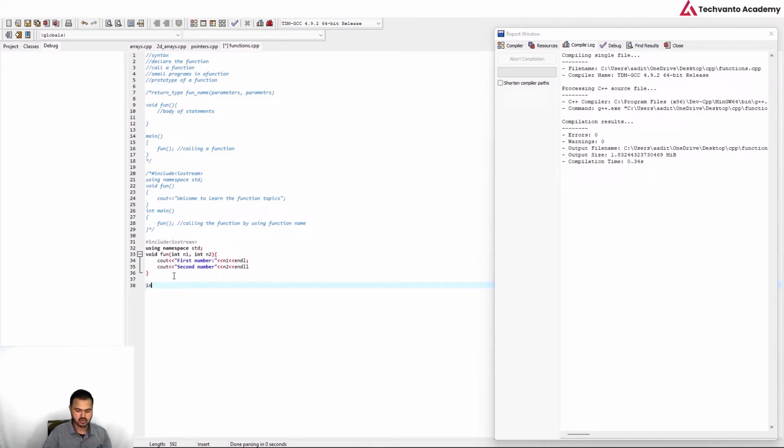So now we will create one main function. In that main function, you can call that function name, and then you need to pass the parameters according to your data type. So here, I am going to be calling that function, and then I am going to be passing